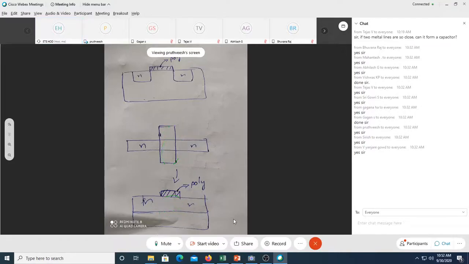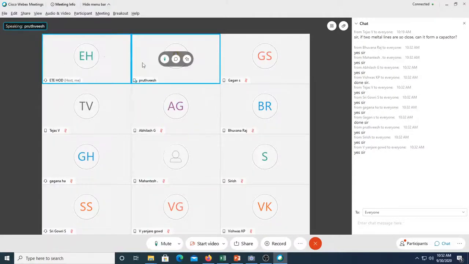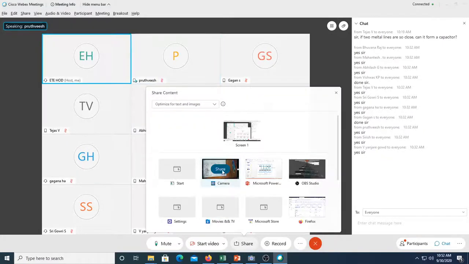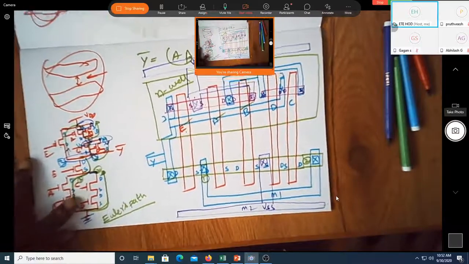Sir, how to take it out? You only gave it. Let me see. Stop sharing. Yes, sir. Done. I stopped. Now it's gone. Let me start sharing my screen. Okay, is this clear now?